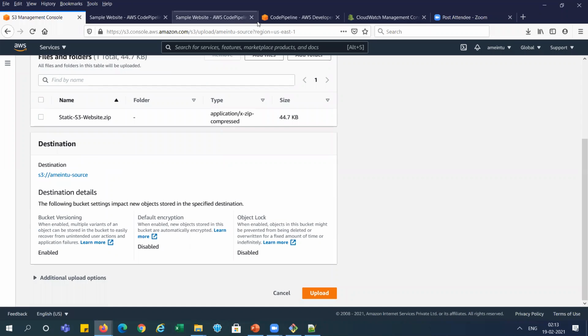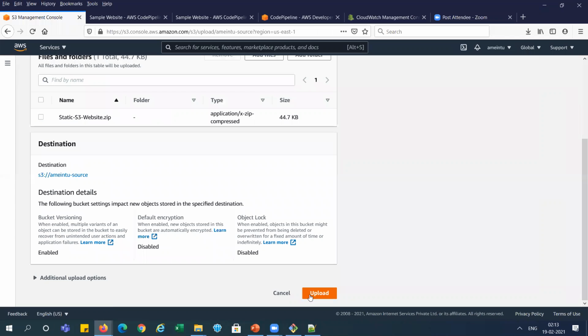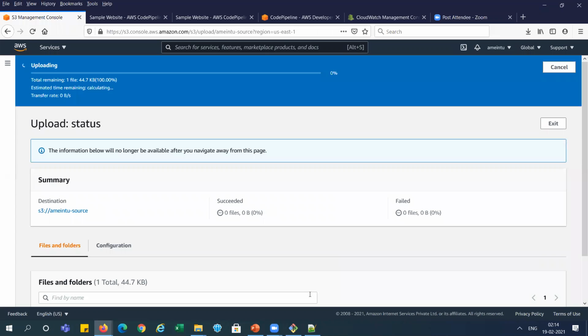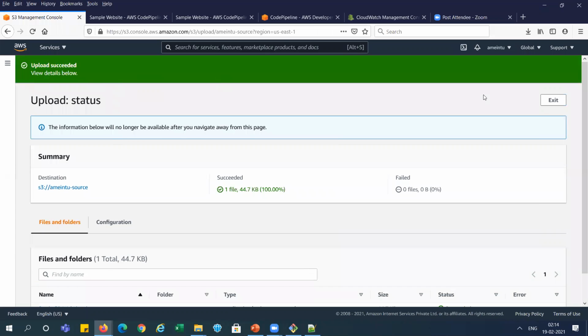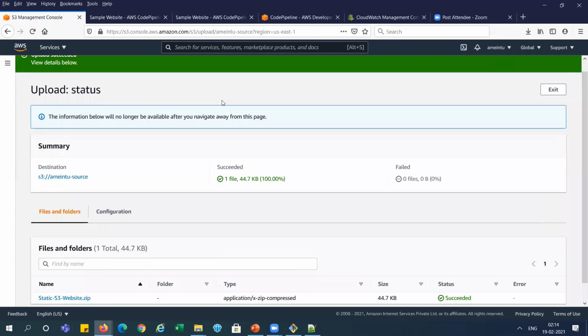Before uploading, I will show you here, you can see execution ID 9B2 is showing, right? It is showing 1 minute ago, right? Now I will go there and upload the file over here. It is uploading, right? Now upload successful, right?